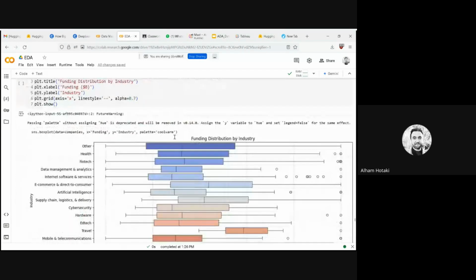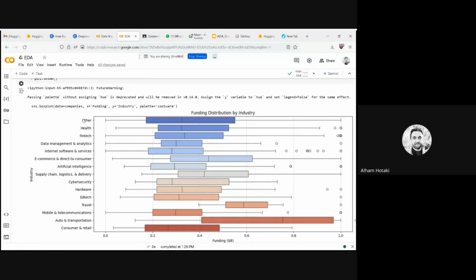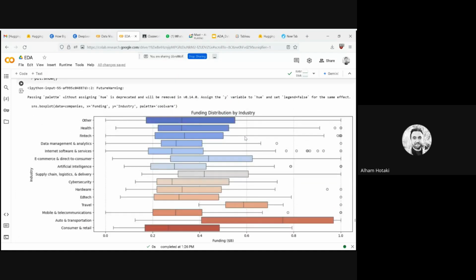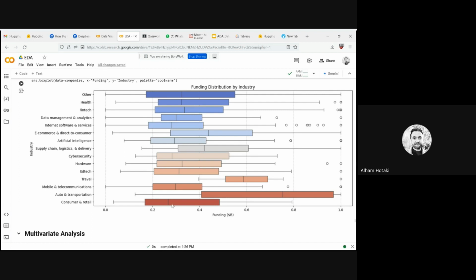Now, funding by industry is the same as what we interpreted previous time. These are different types of industries, and this is the funding distribution by industry that we have. So this is again the mean value of funding for companies in each type. Previously, we said that automotive and transportation require much more funding because the mean value of funding is much higher,